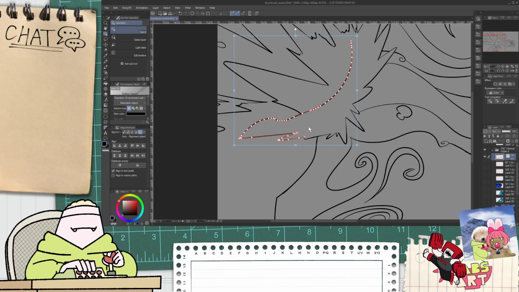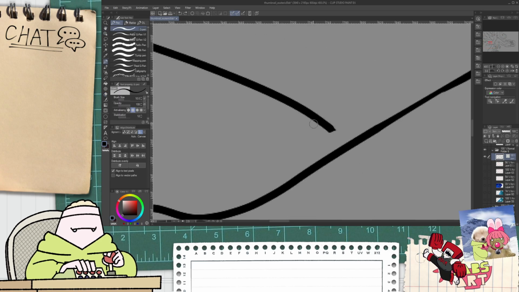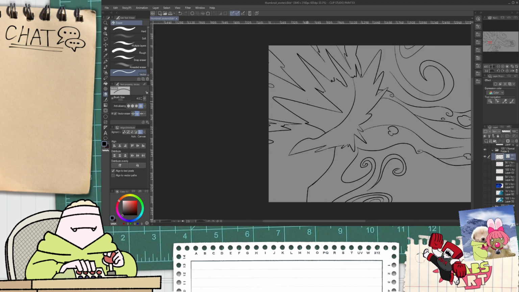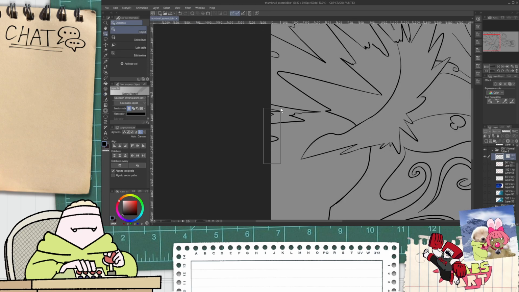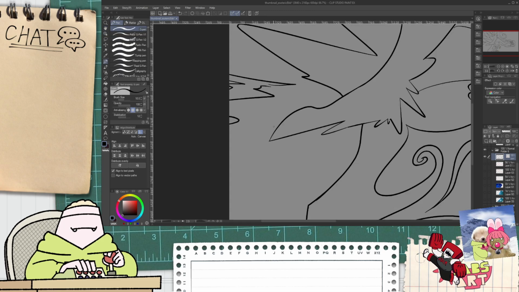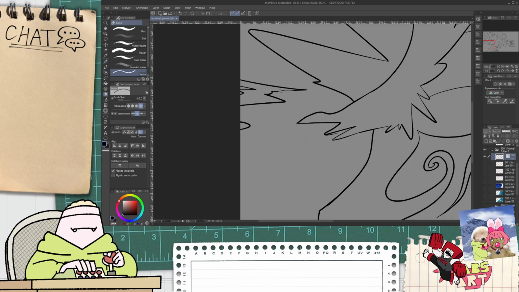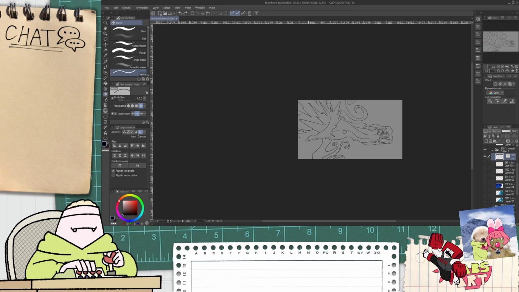Okay. Maybe actually just moving this one a little bit like this. I think this could work. No, that doesn't look right either.